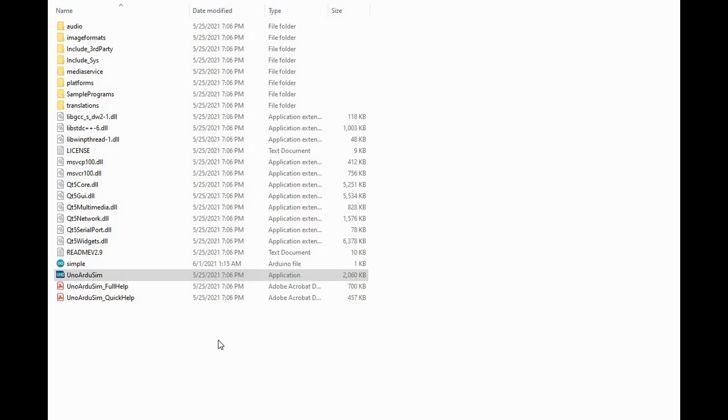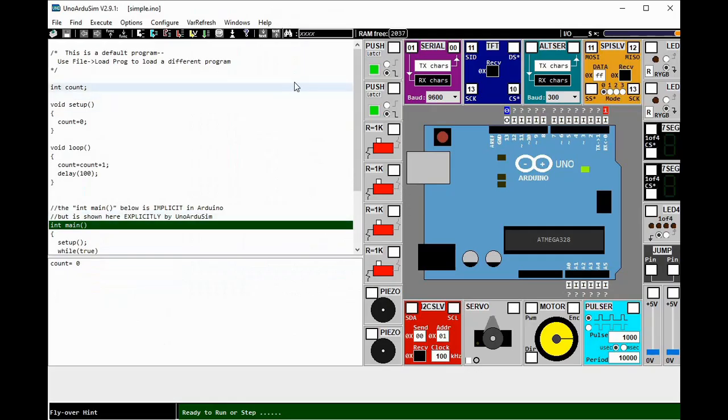For today's lesson, we're going to explore the Uno Arduino software and the Arduino IDE. When you click the Uno Arduino application, by default it would be the